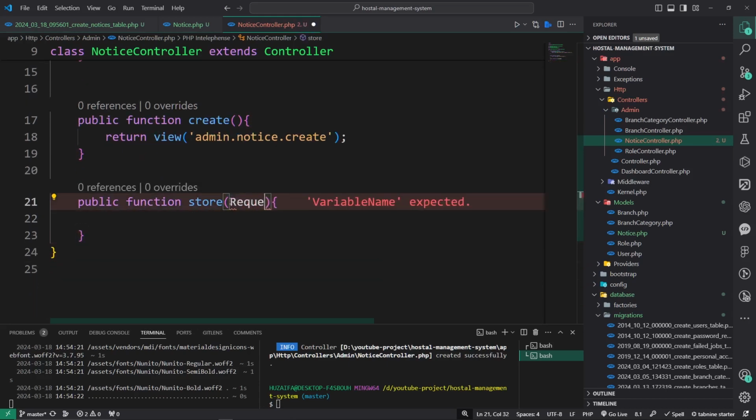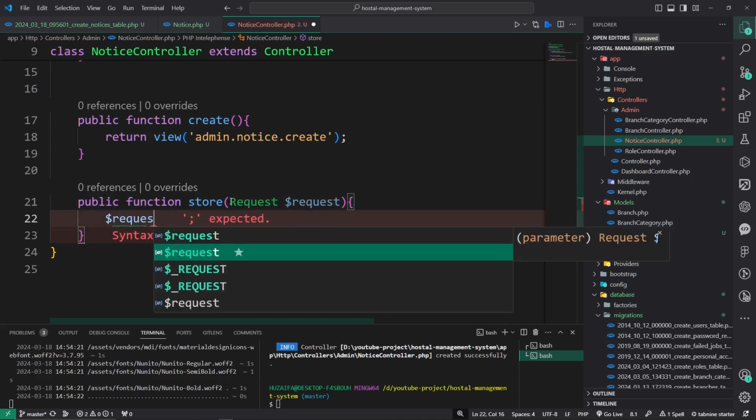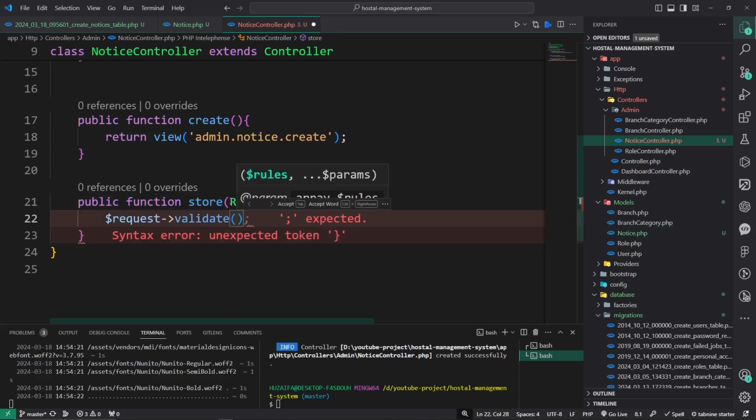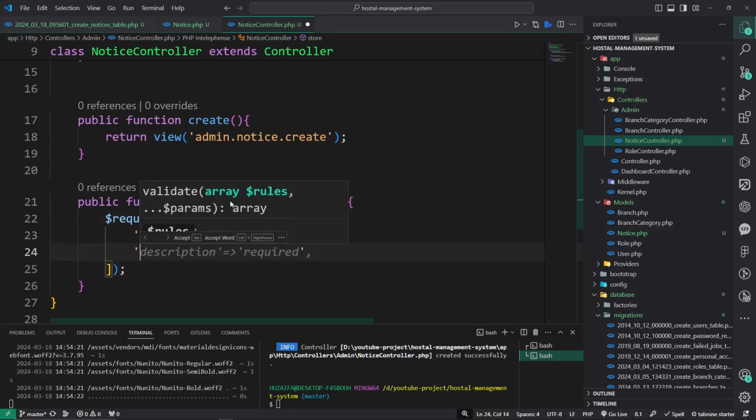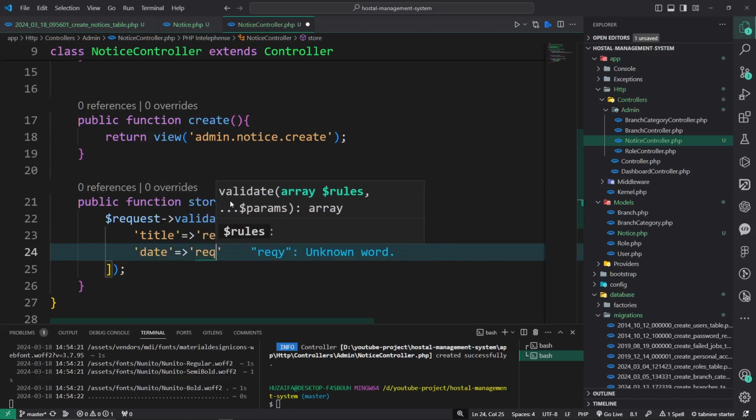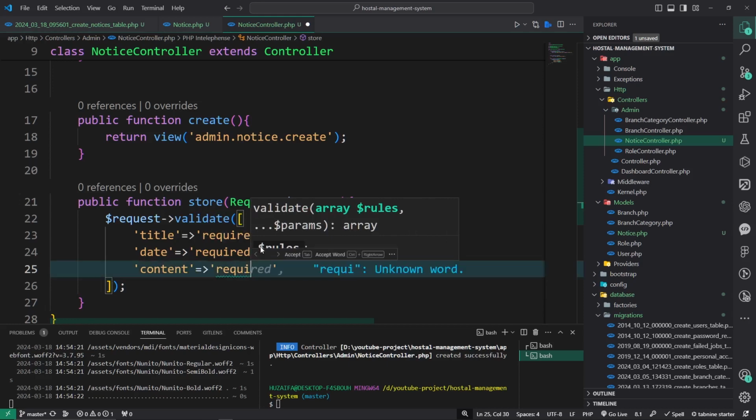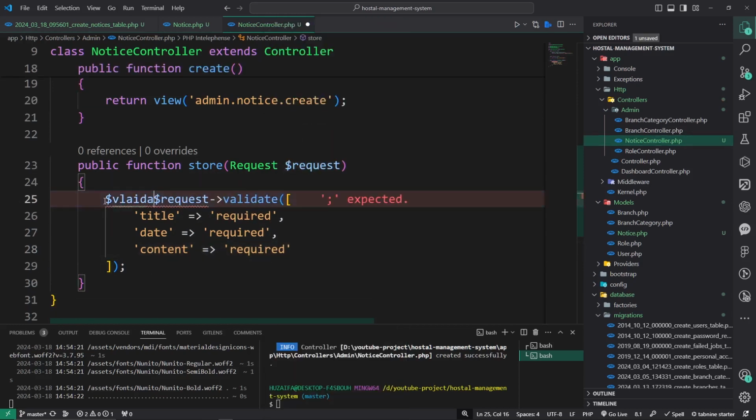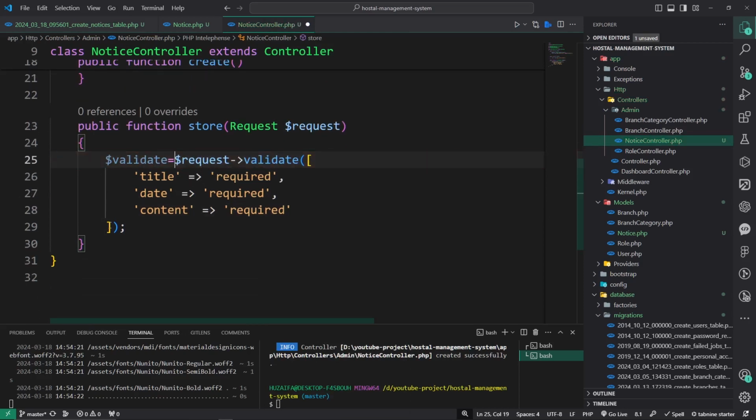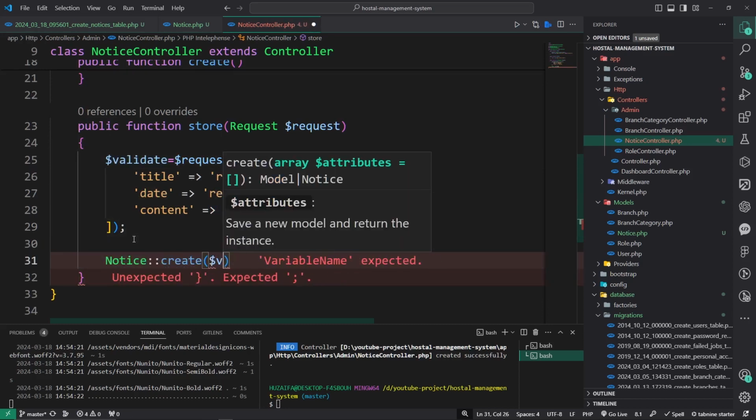The third function is for store, where the user can store the notice. So let's take the request, $request, and here we do $request->validate, and in validate we will pass a few things. The first one is title required. The second one is date required. And the third one is content required. Okay, and store this in a variable named